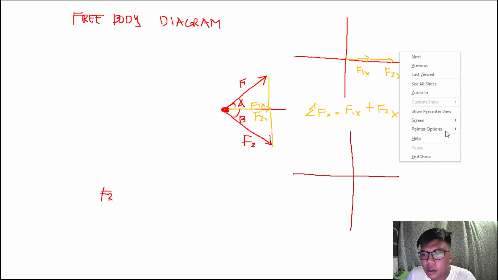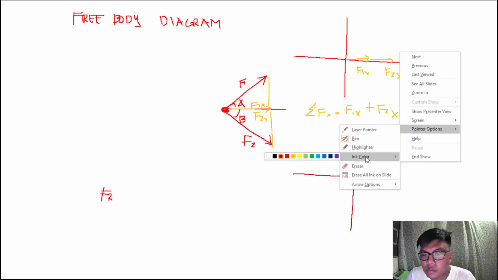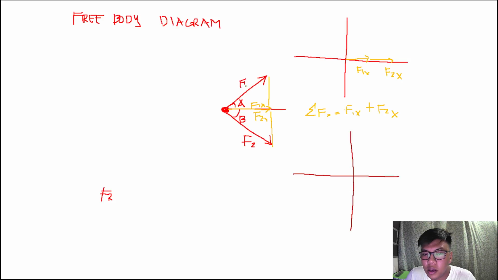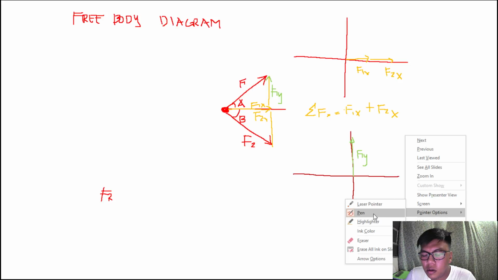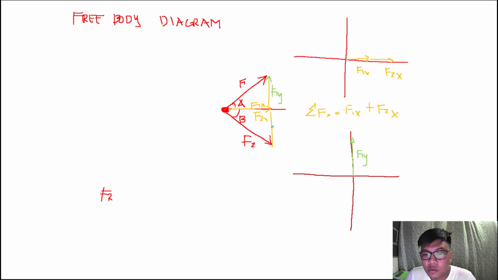So, para sa y component naman. So, yung ating F1 pataas, di ba? F1y going up. Okay, so ito yung ating F1y. Tapos, yung ating F2y going down. Okay? So, ito yung ating object, di ba? Pababa yung ating F2y. So, we can write now the summation of forces along y is equal to, okay,